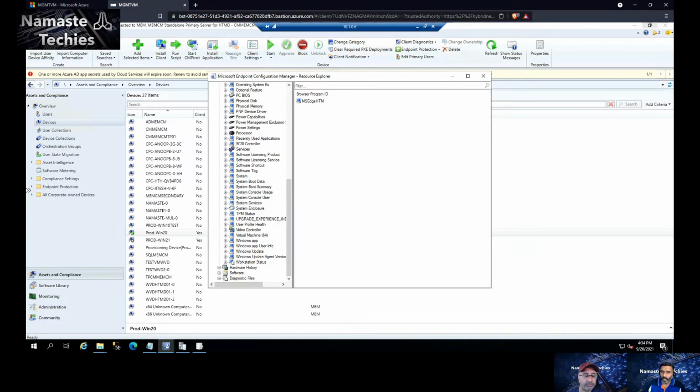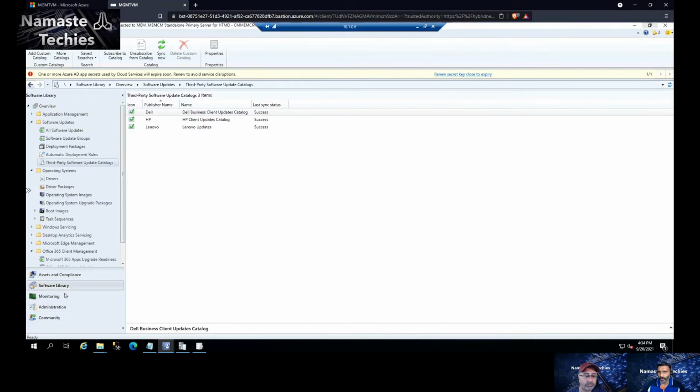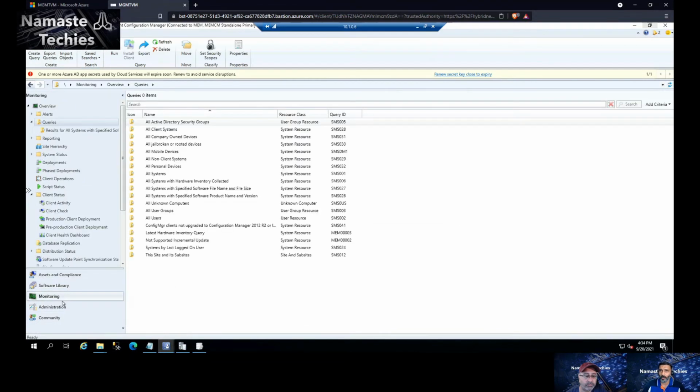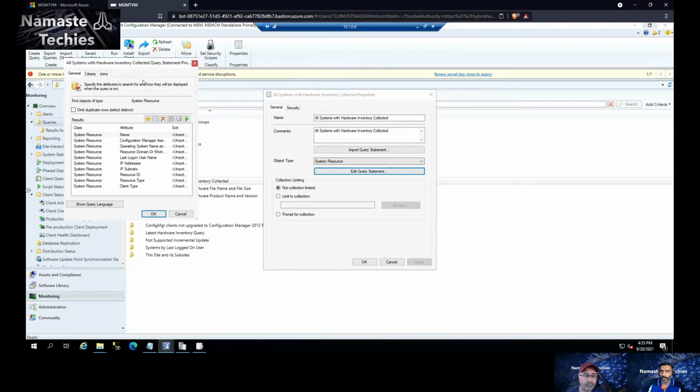And before we go into actually showing the WMI components and the classes and instances within WMI, I just wanted to show how WMI is important from a WQL query perspective as well, right? So from the server side, if you go to queries and edit a query statement over here, you would be